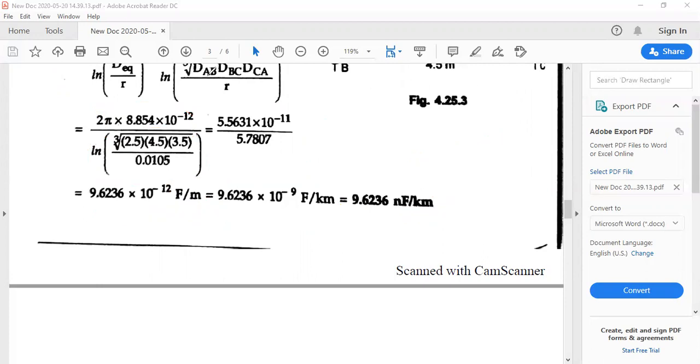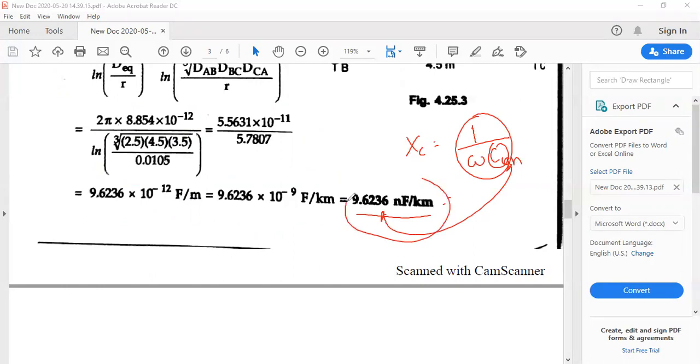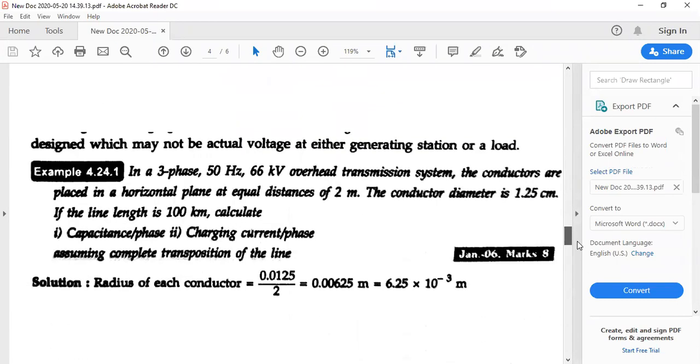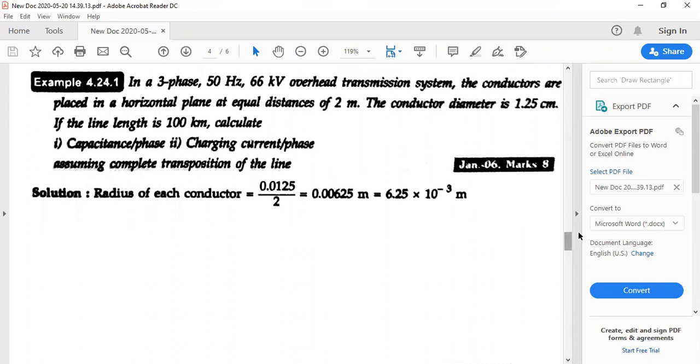So next you can find out, so this is the value of the capacitance. Xc can be found out by 1 divided by omega c. So 1 divided by omega c, I'll leave it to you. So you need to see that you substitute the value of C in terms of this value. So you have to find out this value. So this is what you can substitute. So you can substitute the value here, and you can find out what is Xc, which is expressed in ohm. Okay, so see to it that you express it in ohm and get the final answer. So yeah, moving on to the next one.